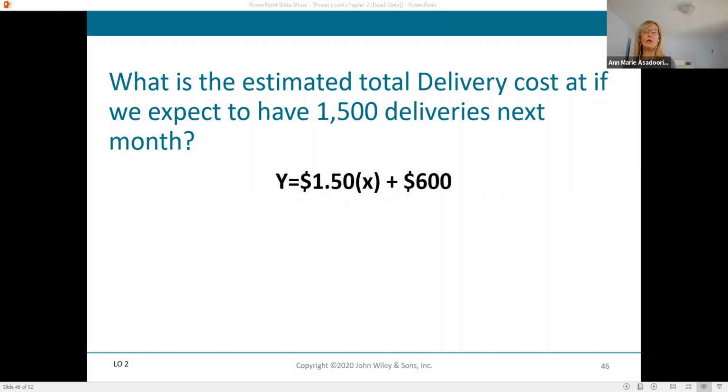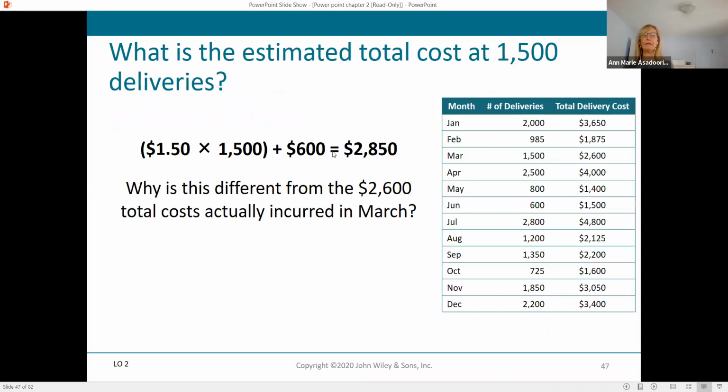Okay, so if I'm looking at my linear equation, all I need to do is plug in 1,500 deliveries, right? It's $1.50 for every delivery. Variable cost per unit is constant. Total variable cost is going to be calculated at $1.50 times 1,500. That would be the variable portion, but then you're adding the fixed portion as well, which means you are projecting that cost to look like